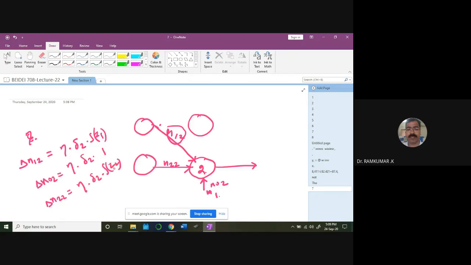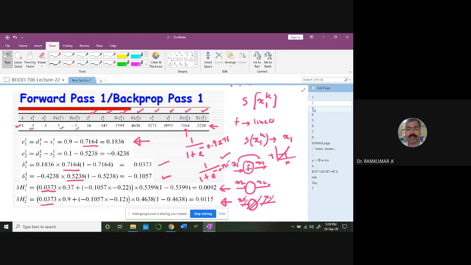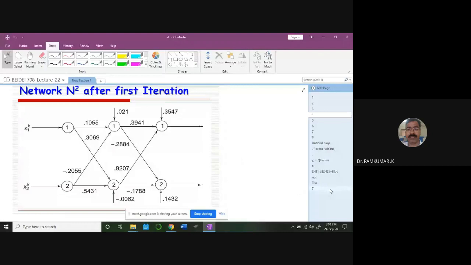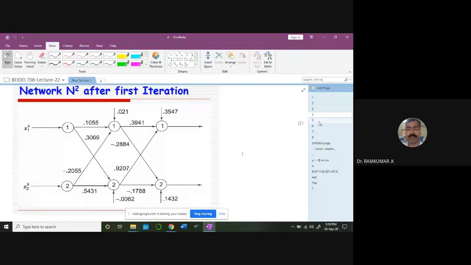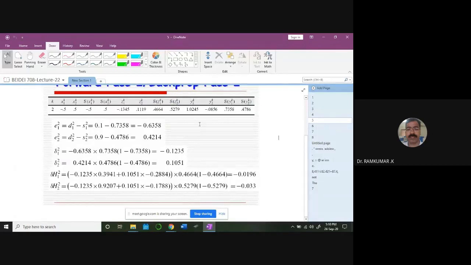So, is it clear? In this manner, you can update the weights. Once you update the weights, you can go for the second iteration. So that's the idea. Instead of this delta, you are going to have delta H1 for the previous case, the hidden input and hidden layer. Delta H1, delta H2. So you have to compute delta 11, delta 2, then delta H11, delta H2. That's all for the kth iteration. K equal to 1 in this case, first iteration. You look at this case, you are going for the next iteration, K equal to 2 you put. Okay, for the same set of inputs, you update. Okay, you do it like this.